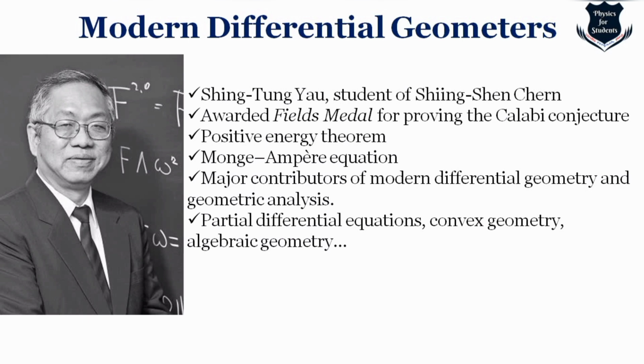He received his PhD in 1971 under Xing-Shen Chern, and his most widely celebrated results are, one, the boundary value problem for the Monge-Ampère equation. Second would be the positive mass theorem, which refers to a collection of fundamental results of the general theory of relativity and differential geometry. It actually states that the gravitational energy of an isolated system is non-negative.